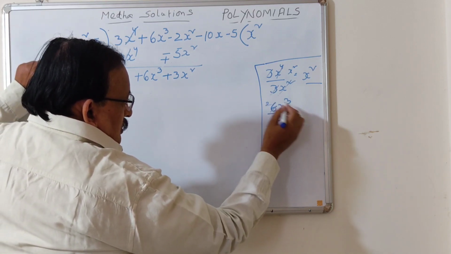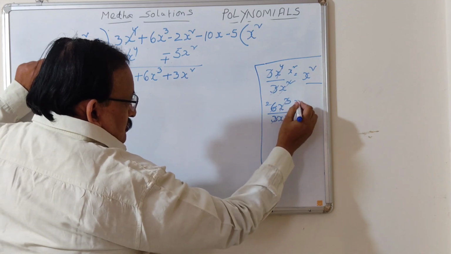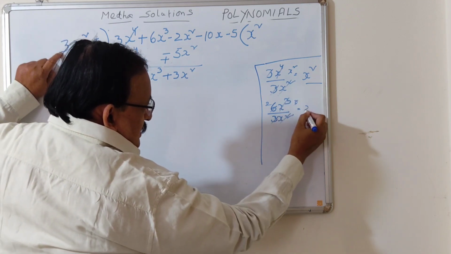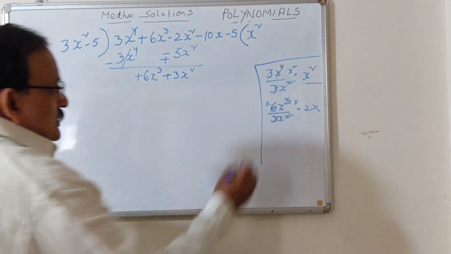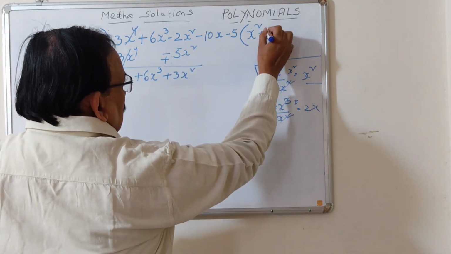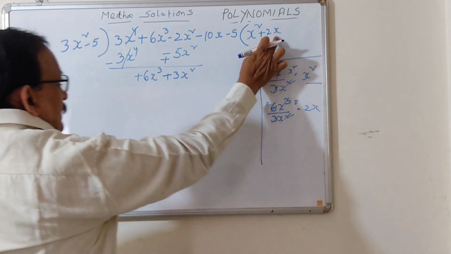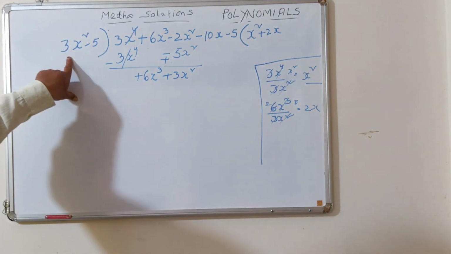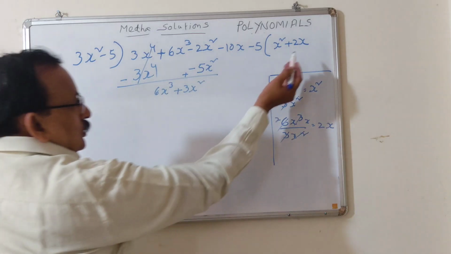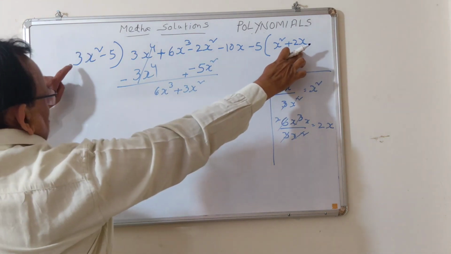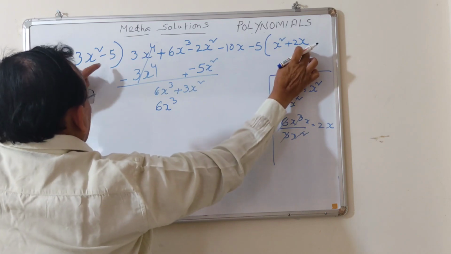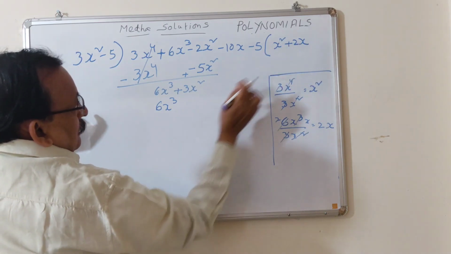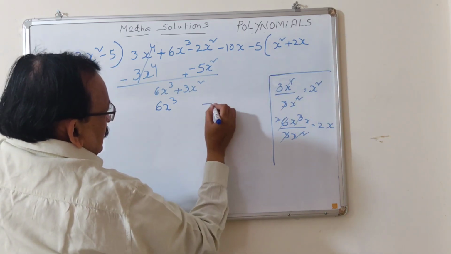3x² is x² times 3x³ by x... Okay. Now 2x is the quotient. That 2x we have to write here, plus 2x. With this plus 2x again we have to multiply this x² minus 5. Now 2x into 3x² is 6x³, plus 2x into minus 5 is minus 10x. You have to write here